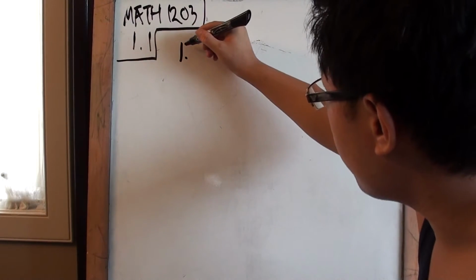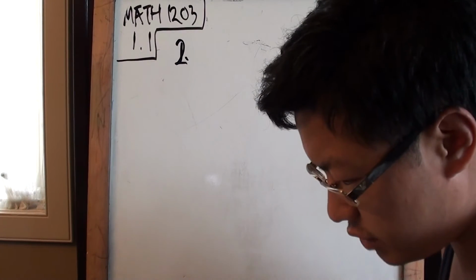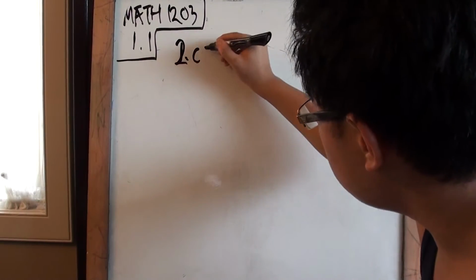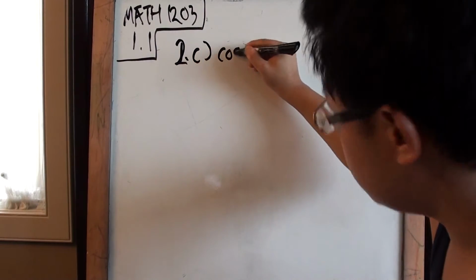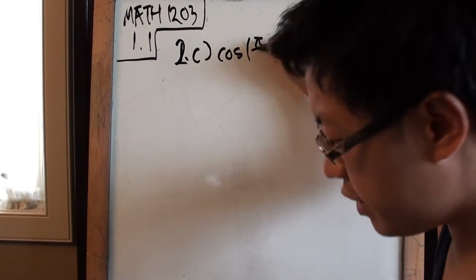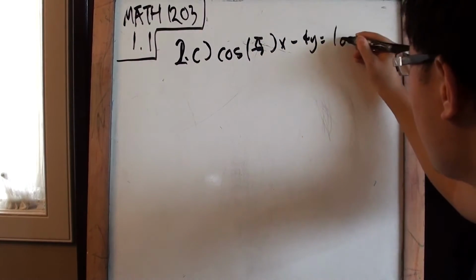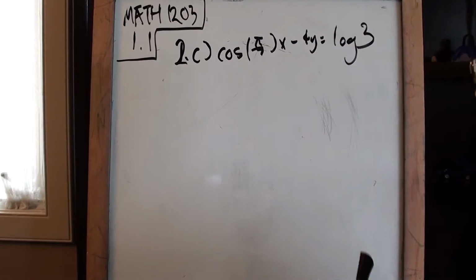Oh no, not number 1, number 2, because you already have solutions for all numbers. Number 2, let's try the hardest looking one. Cos pi over 7 x minus 4y equals log 3, right? So,